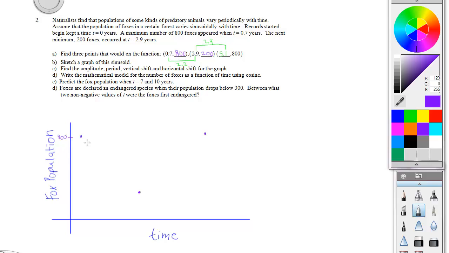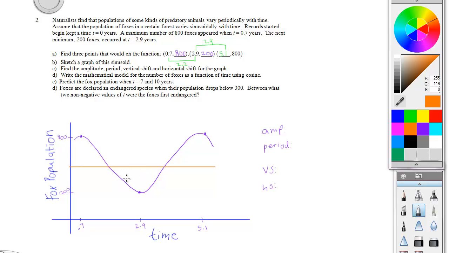Okay? So from there you should be able to identify the amplitude, the period, the vertical shift, and the horizontal shift. Now pause the video right now and try to figure those out on your own, and then start it again to see if you're right. Don't just keep watching, pause it, so that you can make sure that you know how to do this yourself. Alright, so